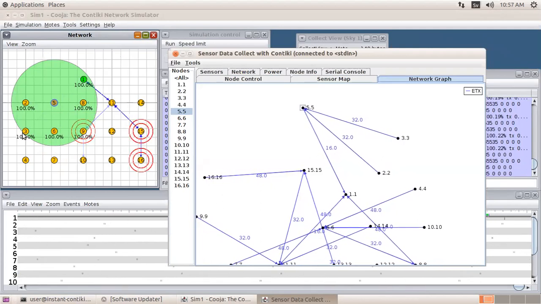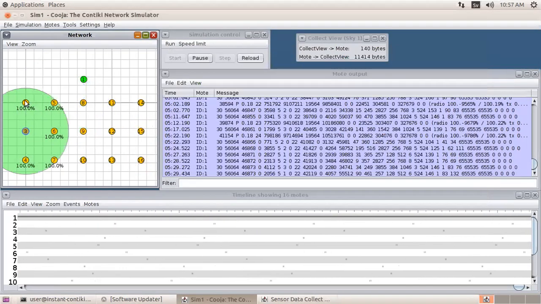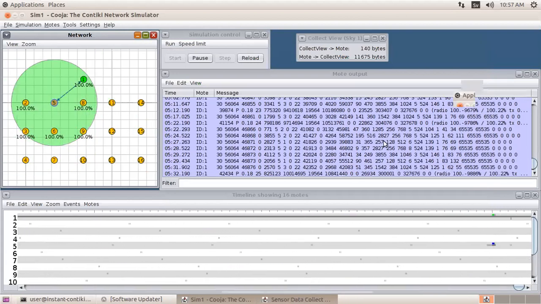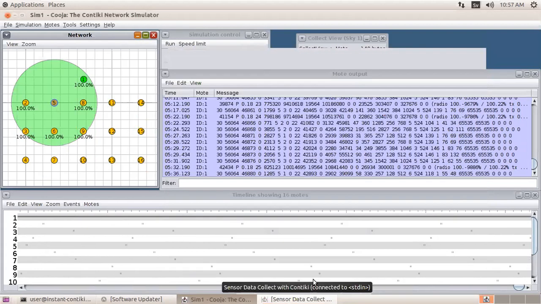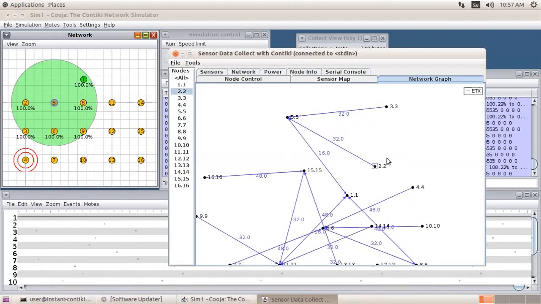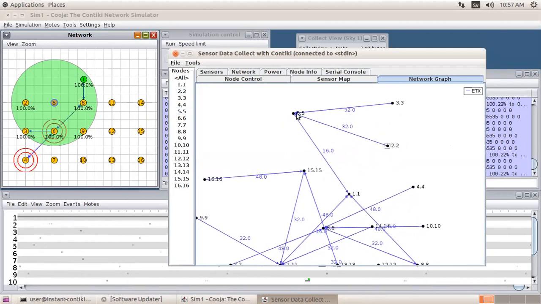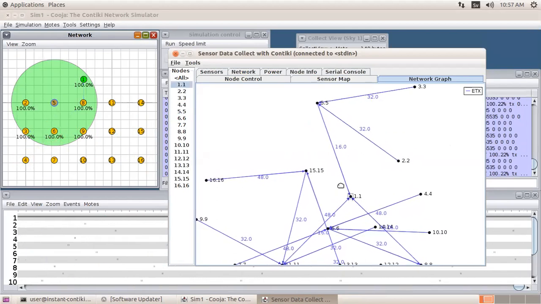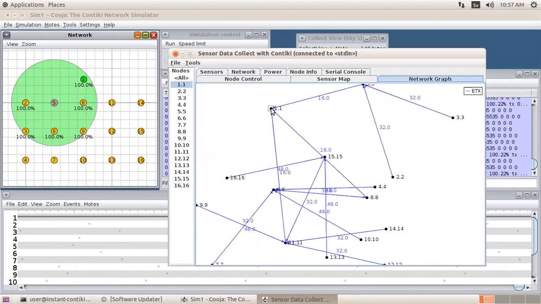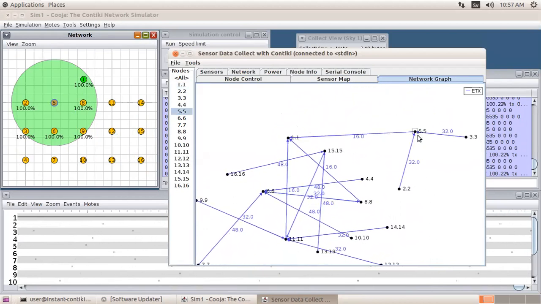So node 3 and node 2 are connected to the sink node through node 5. With this network graph, you can see that node 3 and node 2 are connected with node 5 to node 1. So this is our sink node, and we are connected in this manner.